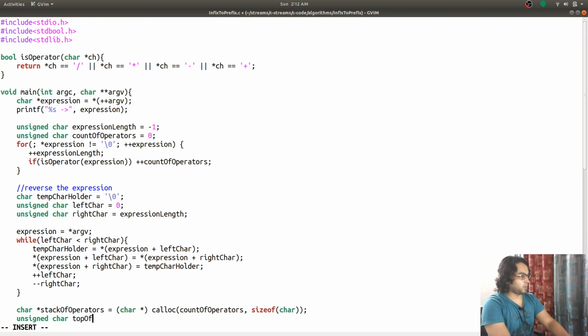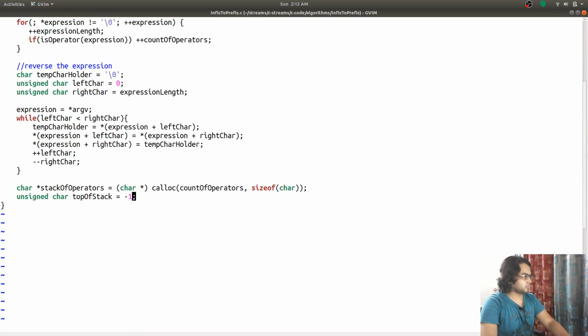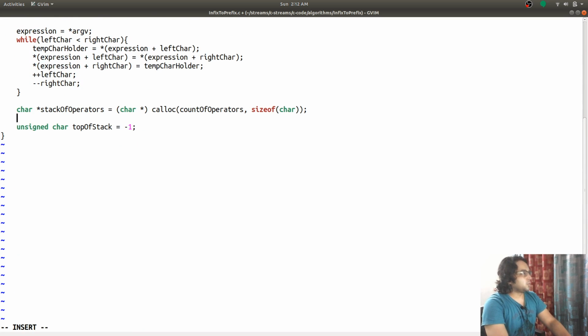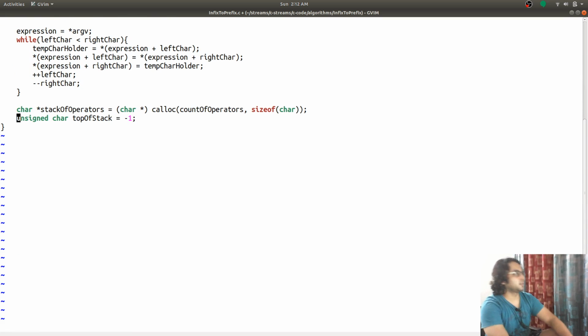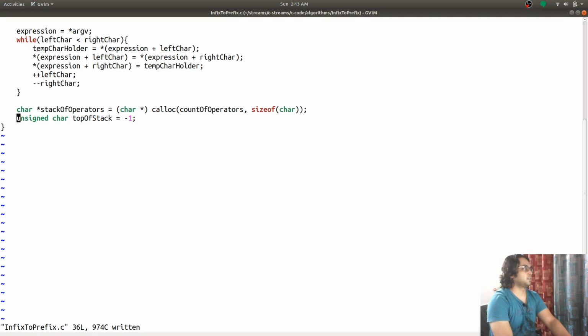It is top of stack. It is initialized with value -1. So it is done, and now we are going to be putting the values in this stack and later popping them. So I start with that expression.